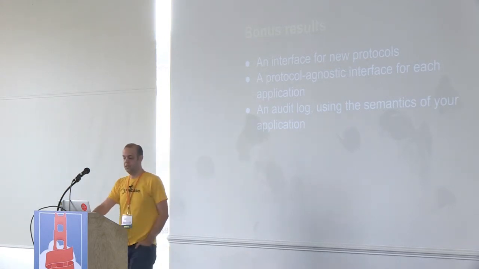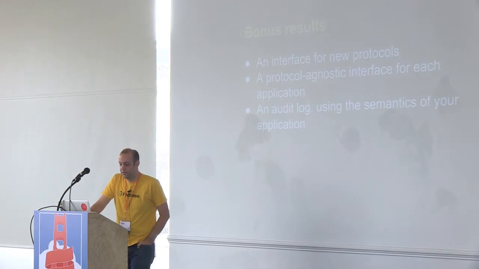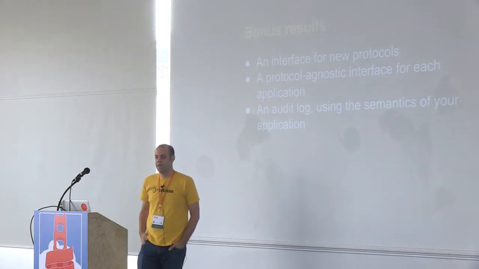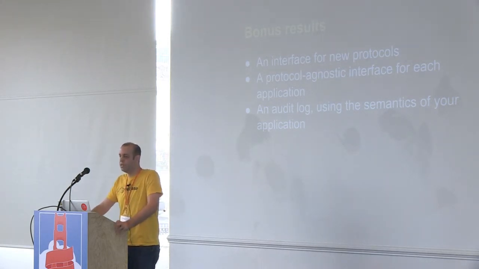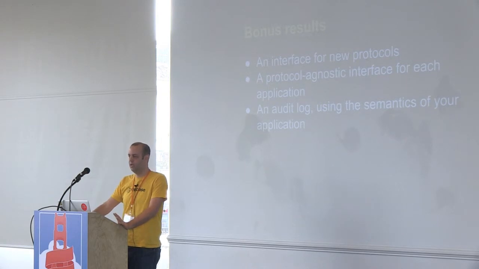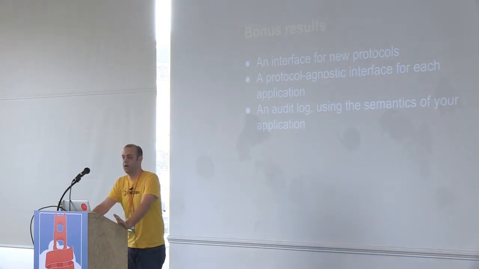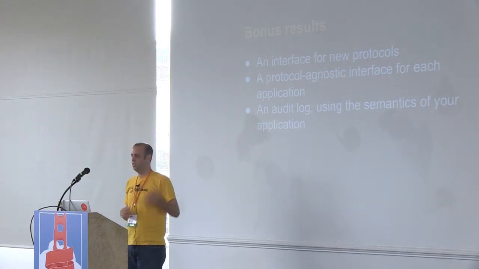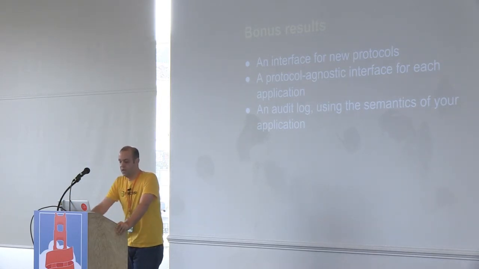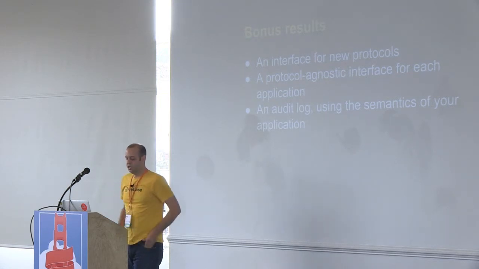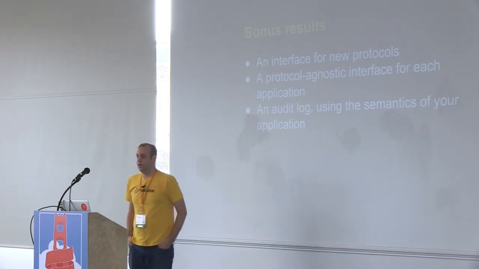So along those lines, the protocol agnostic interface for each application is pretty handy for managing complexity and also for being able to test. We no longer need any sort of networking or protocol code in our application logic's test code, which is great. We can just send these messages to this actor and expect the state to look like that. And that way, we don't have any sort of latency or race conditions or anything like that in our test code.